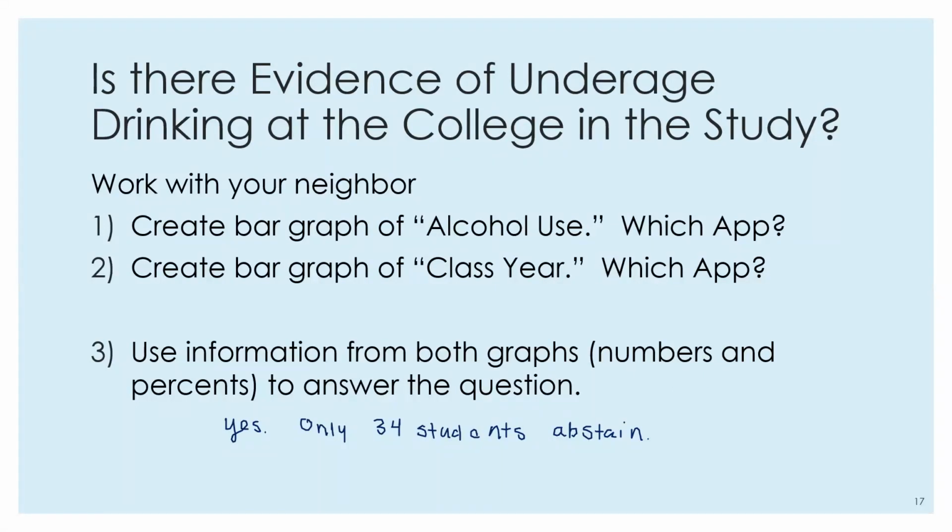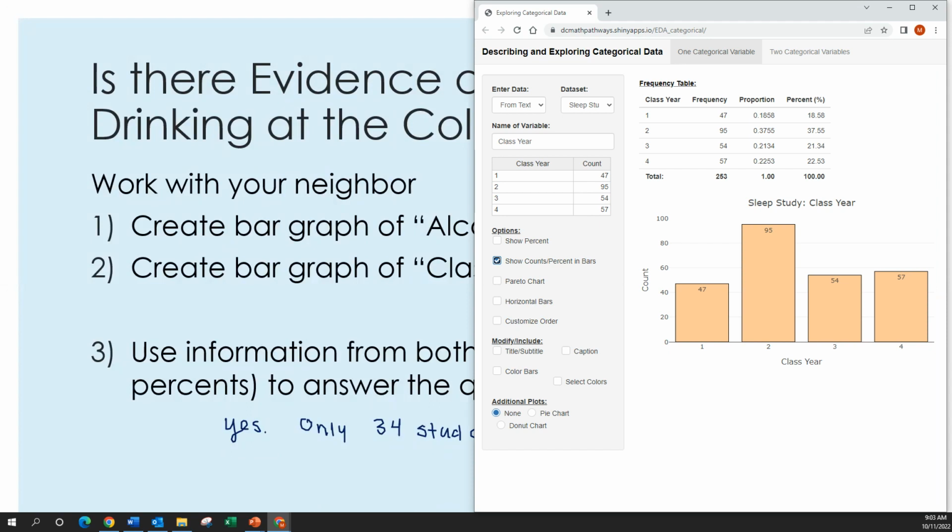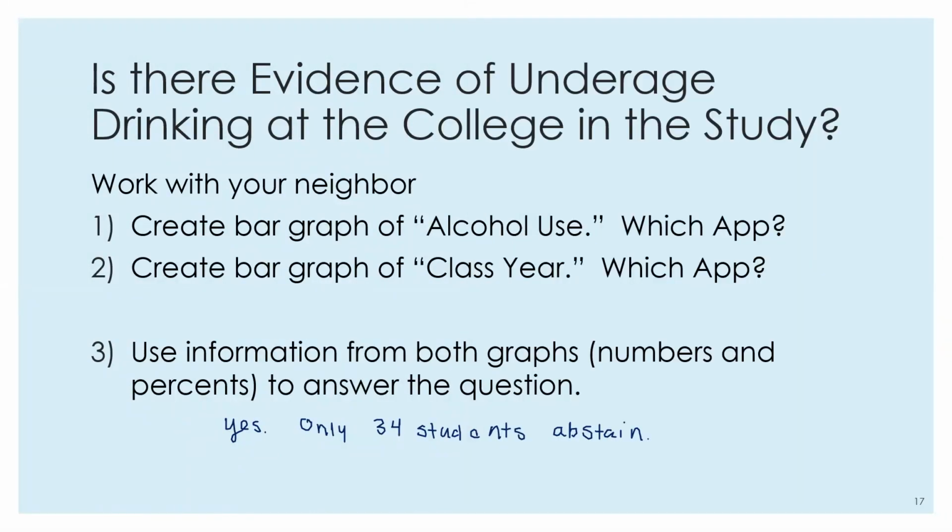So the numbers that we had were 47 and 95. So I want to add those together. So 47 plus 95 would be 142. So 142 students